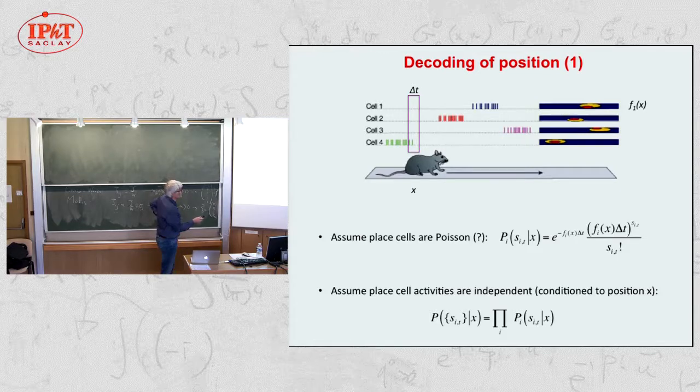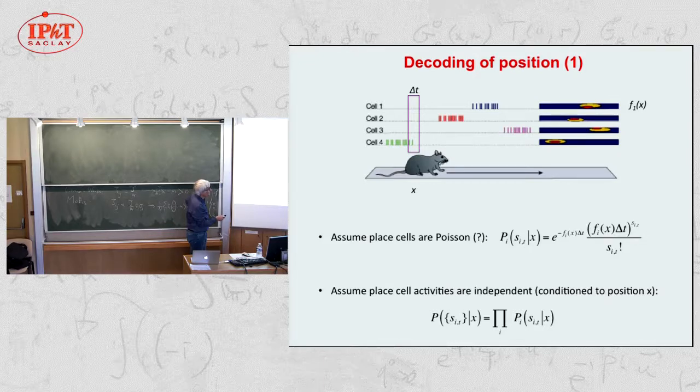Once you get the average activity as a function of position for all the neurons, then you can do very simple decoding in this way. So this is a standard way of decoding the position, which I'm now explaining. If you look at one particular place cell, for instance place cell number 1, then you can assume that the cell has some kind of Poisson activity, which is obviously an oversimplification, but it's something we can do. So conditioned to the position X of the animal, the number of spikes which are emitted by place